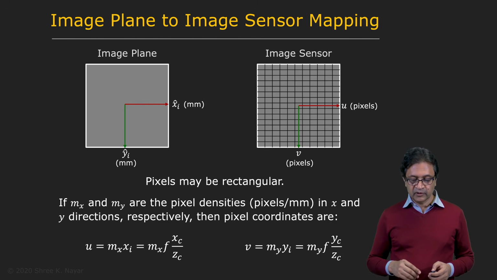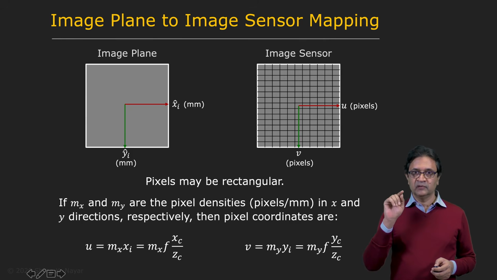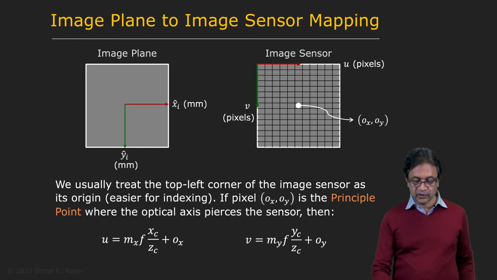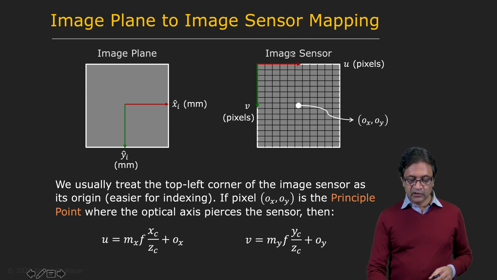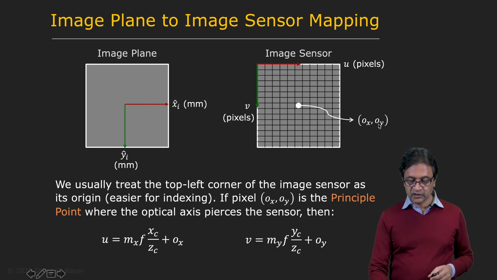Okay, there's one more thing to worry about, which is that thus far we have assumed that we know where the center of the image is, that 0, 0 pixels corresponds to the center of the image where the optical axis pierces the image plane. But there's no reason for us to believe that we know where that point is. That point is called the principal point. And in fact, when we capture an image, the coordinate frame of the image is usually located at one of the 4 corners of the image, say the top left corner right here. This is 0, 0. We don't really know where the principal point is. So we'll throw in the coordinates of the principal point as well as unknowns. We'll call them ox and oy.